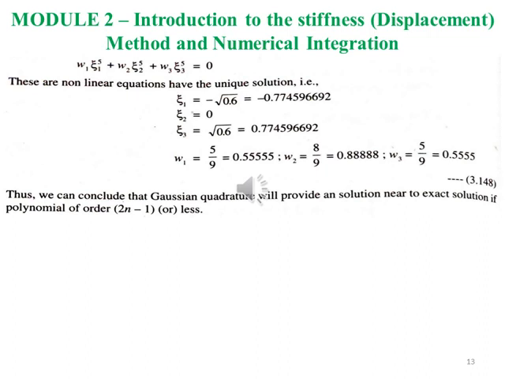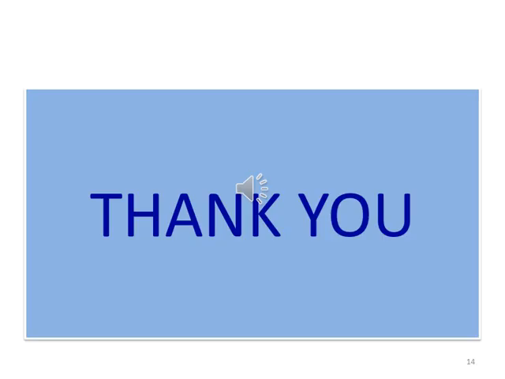So these are the three Gauss quadrature formulas: 1 point, 2 point and 3 point Gauss quadrature formulations. In the next topic we shall see the 2D integral of Gauss quadrature and force terms, and further on we will try to solve certain problems for bar elements in the FEM model.